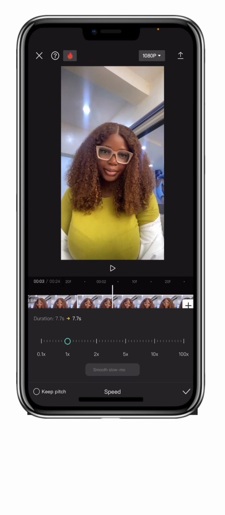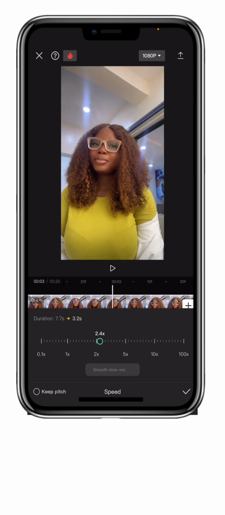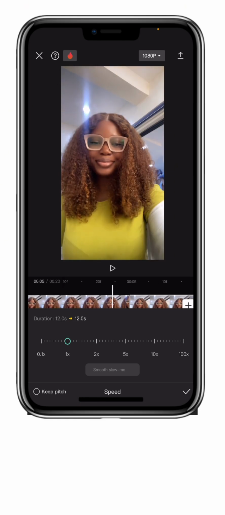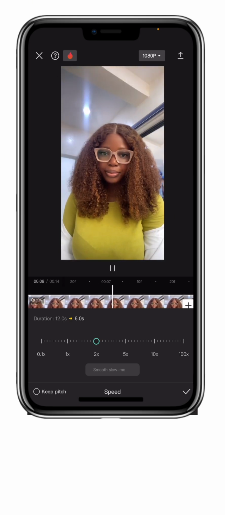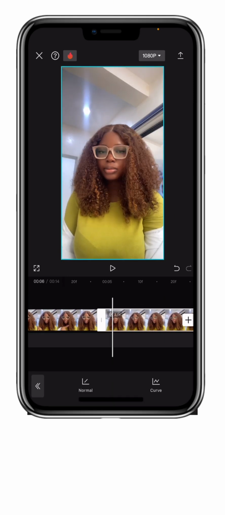If not, you have to be tapping all the split videos one by one and putting all of them on 2 times. Do you understand? So now let's watch this one. You see how very fast it is. Okay, you see it's very, very fast. So yeah, that is that for